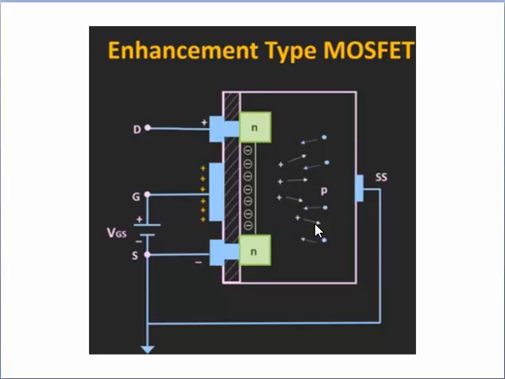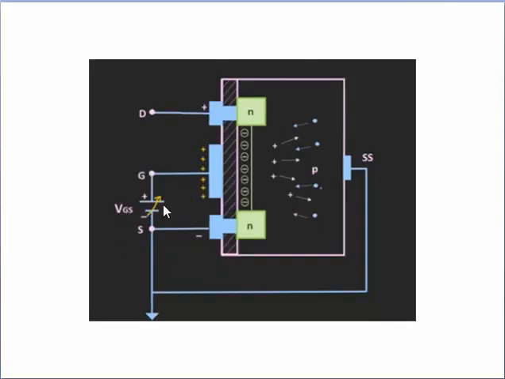Now as we keep on increasing this voltage VGS, from lower level to upper level, the holes will be pushed more and more deeper into the substrate, and the electrons will no longer recombine with holes and will rush towards the gate terminal. But due to this insulating layer, they will not be able to cross this oxide layer, and they will start accumulating near the oxide layer,